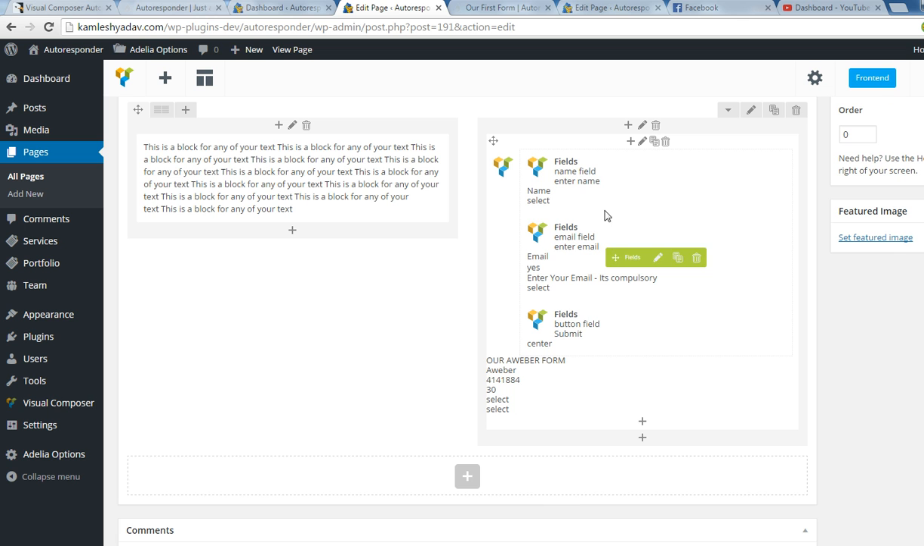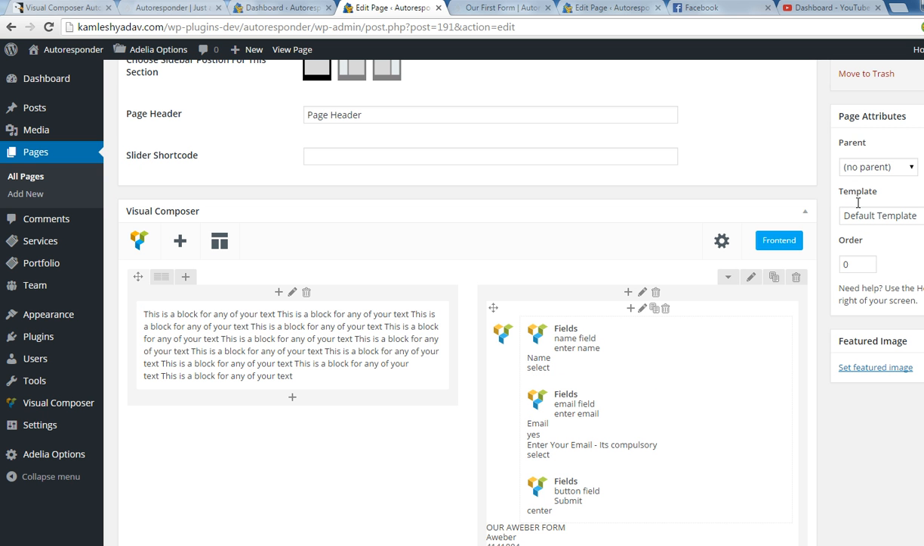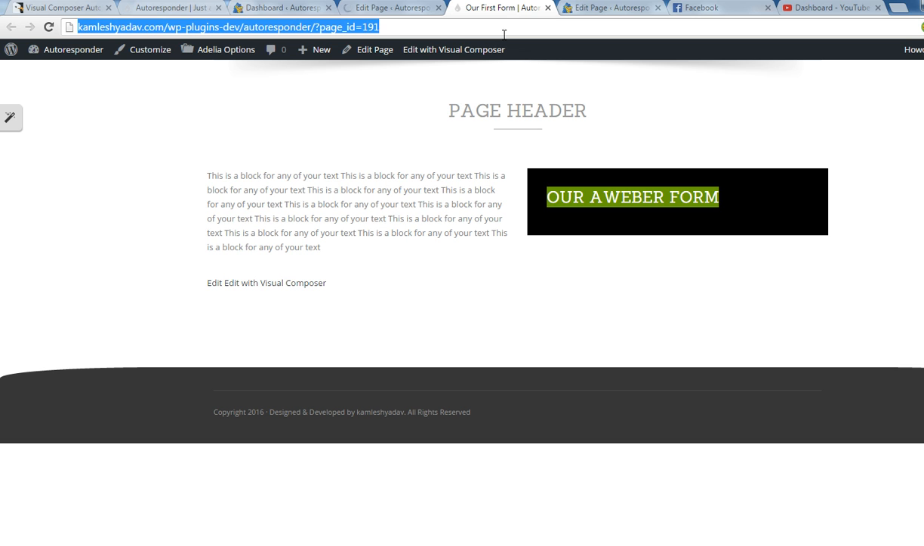So now all the three fields have been set up. We have set up the colors also, the text color and all the stuff. Now let's have a preview of it. I click update and let's refresh this page after it gets saved. So once the page has been saved, I will click the,